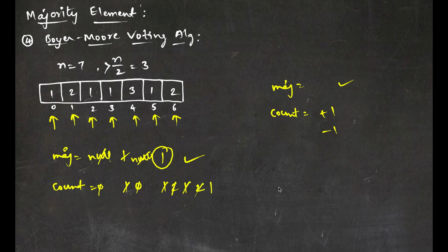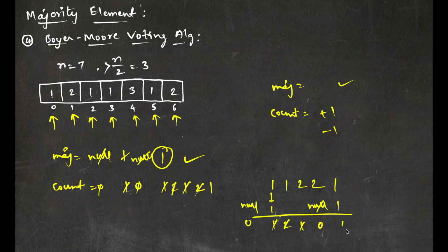And if you take other examples, like maybe 1, 1, 2, 2, 1. My majority is initially null and count is 0. At this point, it will become 1 and the count will be 1. Since I got another 1, majority will still be 1 and count will be 2. And I got 2, and since this is not equal to my majority element, I just decrement, so it will become 1. And I got another 2, so I decrement further, so it will become 0. 0 means my majority will be null. And next I got 1, since majority element is null, I just assign that here and my count as 1. Since I'm done with the array, I can just return this majority element.